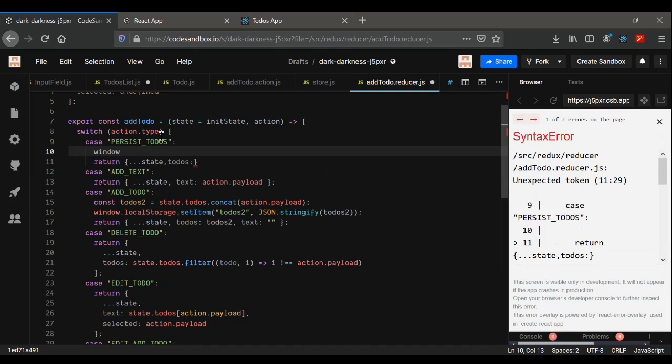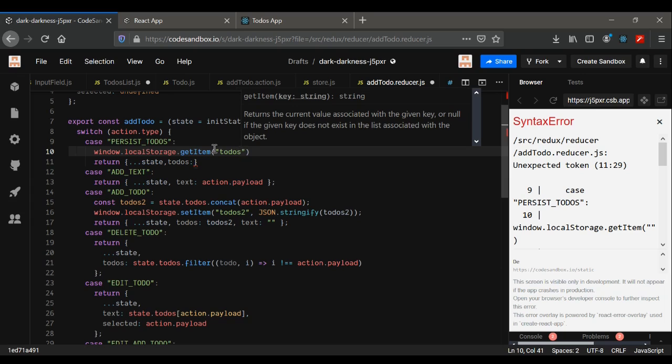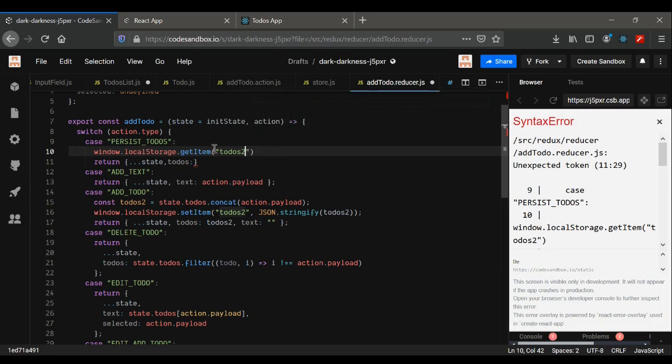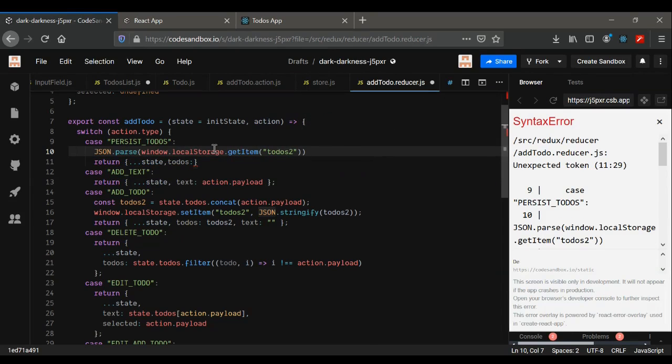So we can get it from window.localStorage.getItem, and the key that we're going to provide, this is what we need, the key that we're going to provide, and the setItem is same as the key that we're going to provide and the value that we're going to provide. So the key in here is produce 2, and it's going to be parse, it's going to convert JSON into an object,